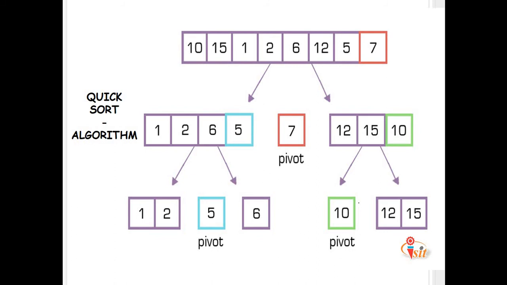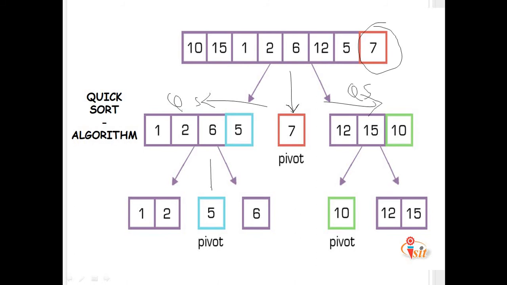So this is one simple example. One more we have taken here. In this example, the last element we have considered as the pivot element. After getting the final position of the pivot element, into the left subarray and the right subarray, we can see all the elements in the left subarray are smaller than the pivot and all the elements in the right subarray are greater than the pivot. Afterwards, again here we need to apply quick sort, and here also we need to apply quick sort.